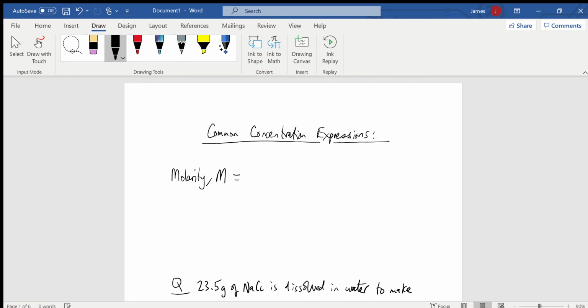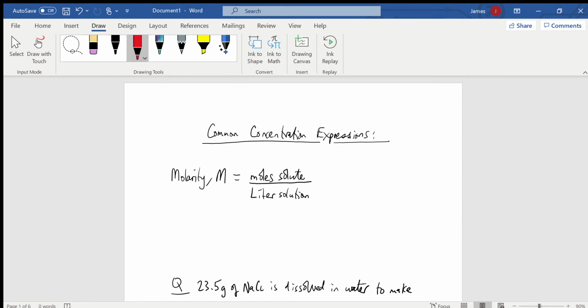Molarity by definition is moles of solute per liter of solution, and we should